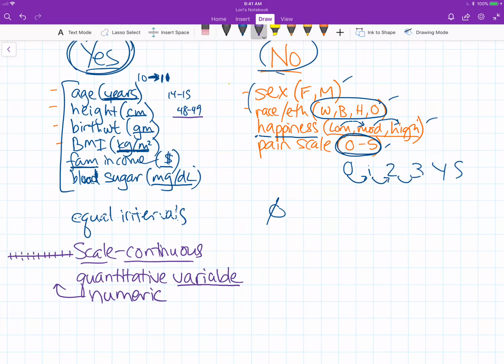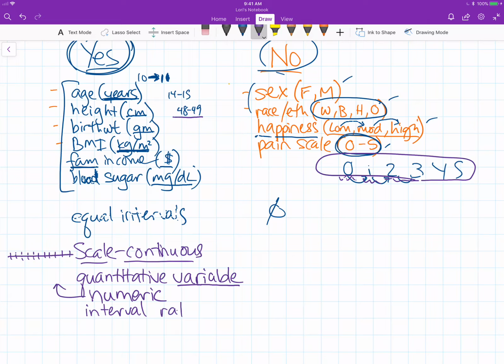But the problem with that is some other things are also numbers. My pain scale is numbers. Rate your pain on a scale of 0 to 5. And so some people might confuse it with that. So I would encourage you not to use numeric, but if you see it, then you'll understand what other people mean by that. Some other words are interval